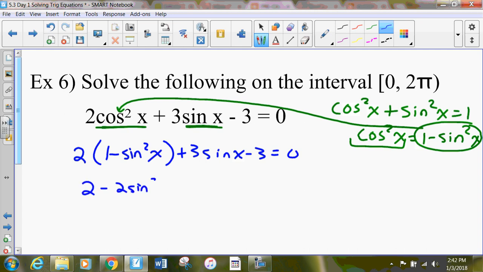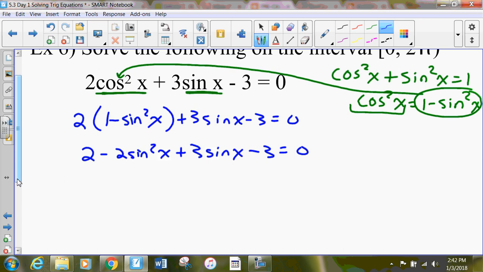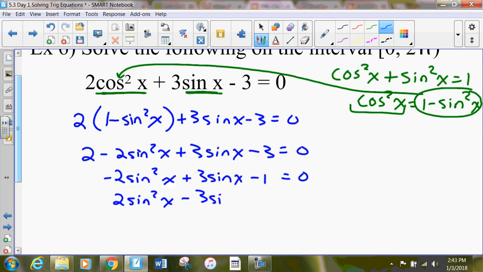distribute. And we'll combine like terms. Let's see. We're going to have negative 2 sine squared x plus 3 sine x. And then we have 2 minus 3, which is minus 1. And then who wants to factor with a negative 2 as your leading coefficient? I don't. So what I'm going to do is I'm going to multiply through by negative 1. So I'll multiply every term by a negative 1. I'm allowed to do this. It is legal. The equation looks different, but it's really the same equation since we did the same thing to